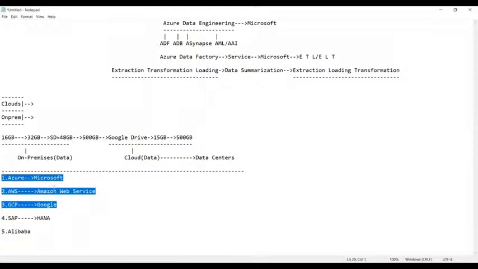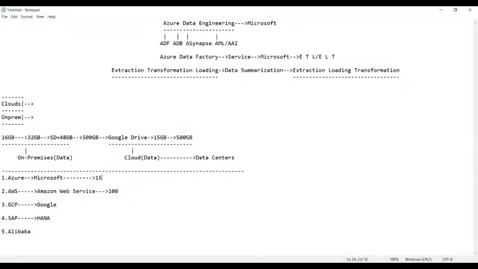Amazon was number one before. Now it has come down to the second position, and almost even to the third position. Why? Amazon is more costly. A job which requires 100 rupees there, the same service is provided by Azure for 15 rupees.